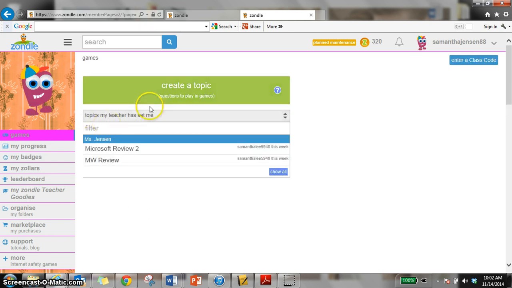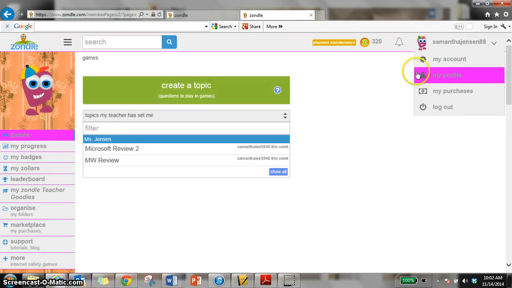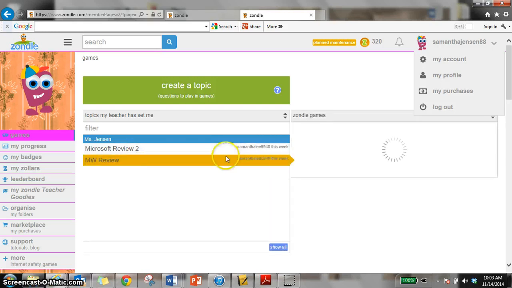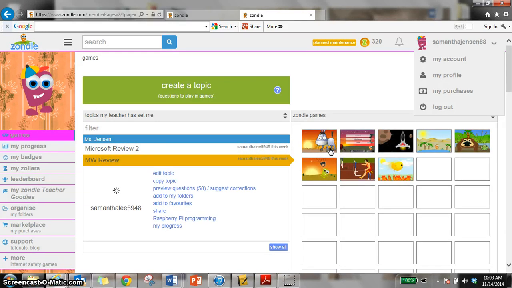And by the way, fun stuff is when they make an account, they get to make their own little Zondel character like this, and they can even change their background under their profile settings, which is great. But right away, it will say my name, the teacher's name, and it will have the reviews that I set to them. And so they can click on it, and just like earlier, they can play the game themselves instead